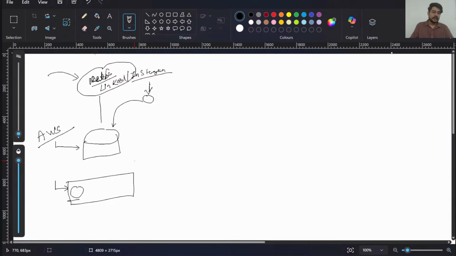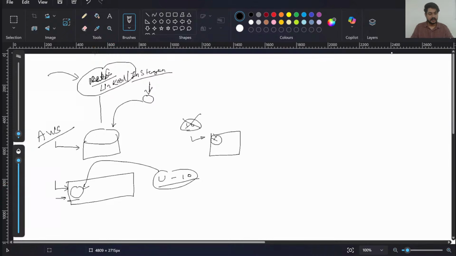Whatever profile picture the user has updated here, they want to go and see it. Every time the user logs in, today, or maybe after 10 days, their profile picture should remain the same, right? It is not the case that the profile picture is uploaded for only 10 minutes and then deleted. This is not the way a profile picture works. Every time a user comes back, they should see their own profile picture, and it should also be publicly visible to everyone in the world, right?